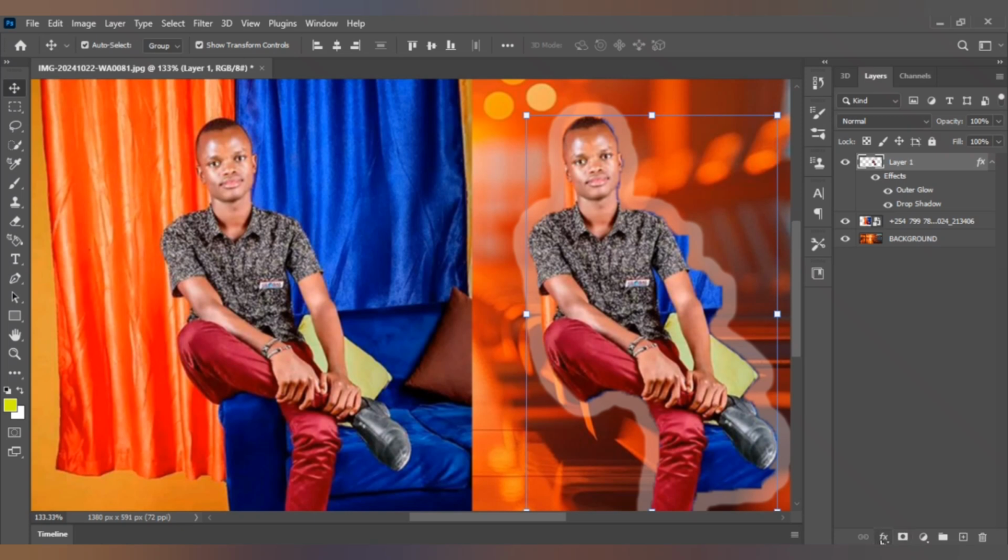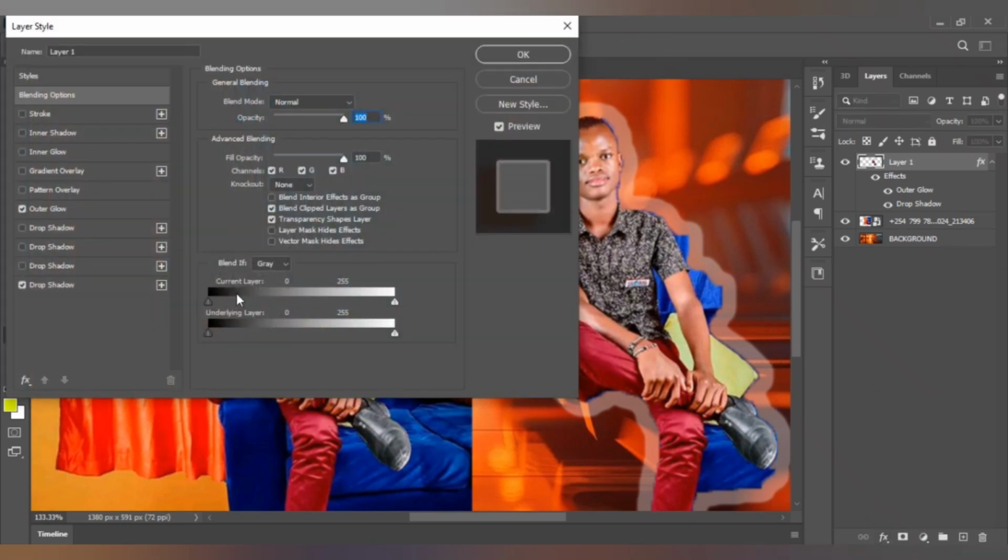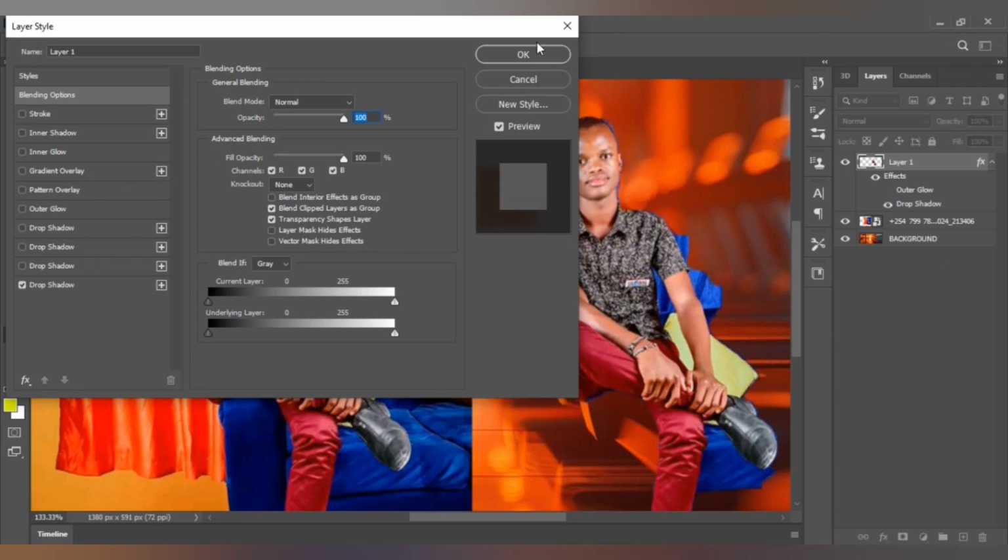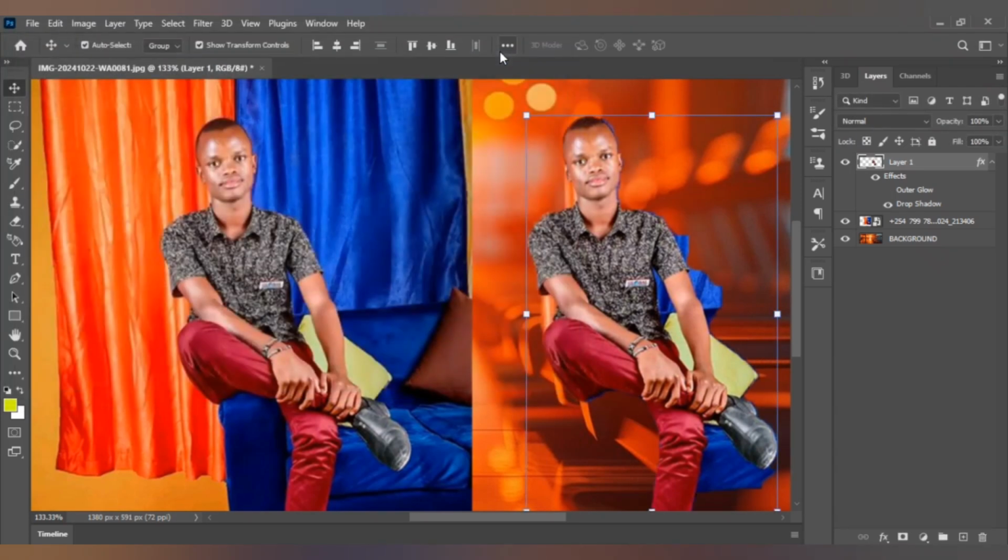That outer glow is much. Anyway, let me just remove it. That outer glow is not okay. Yeah, it's not okay. Let me just remove it. What again should I do to this picture? Because you can see blue,